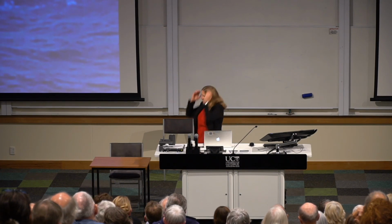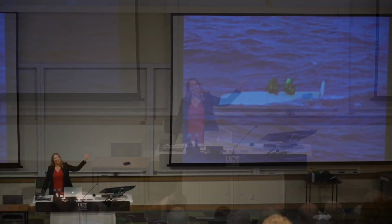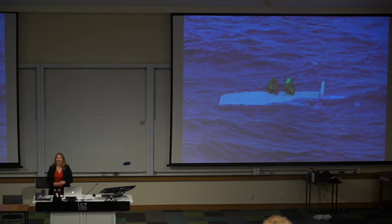So we knew the plane was still overhead. They dropped this orange flare. And these, I don't know if you've ever seen these flares, but they are so bright that you go blind if you watch them. And so we stared at it because it was real, and it was definitely a rescue. It wasn't going away. So eventually the ship starts coming towards us,